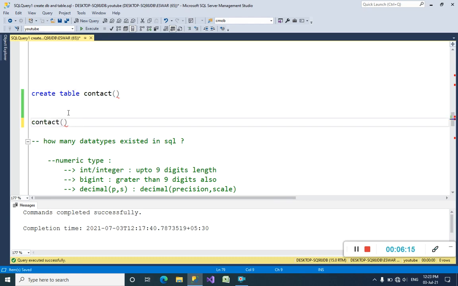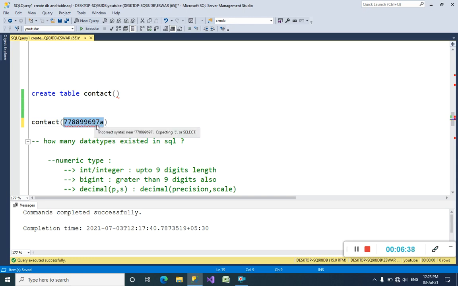See guys, suppose I want to insert my friend's number into my contact table. When I want to insert 77889969, does it mean anything, guys?